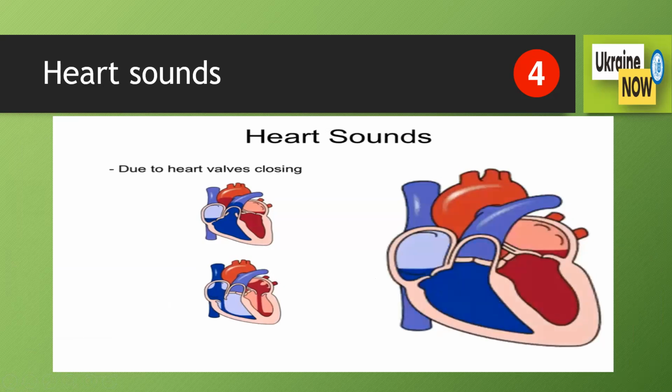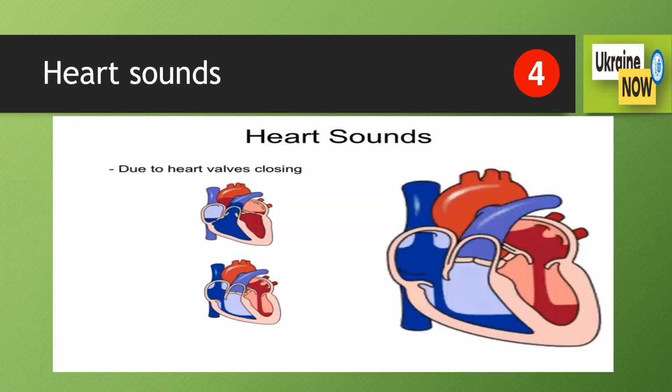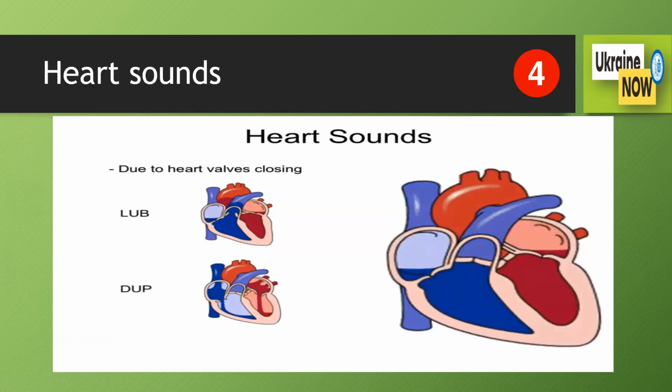There are two types of heart valves: one between the atria and ventricles, and the other between the ventricles and either the pulmonary trunk or the aorta. The valves closing, we call this stub. We call this stub. So when you're actually hearing due to the